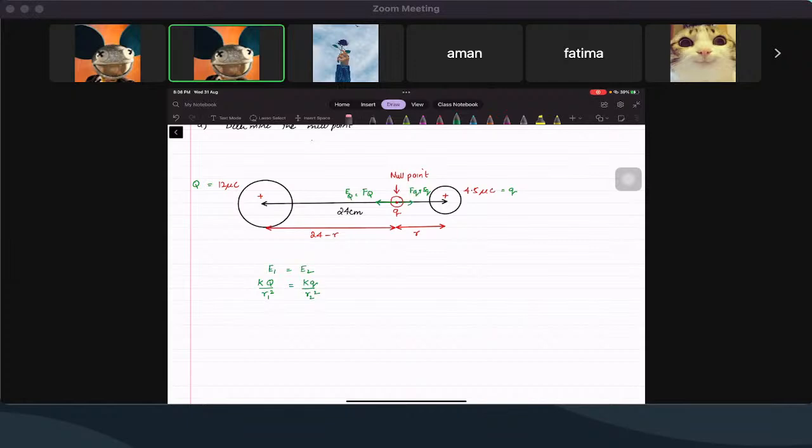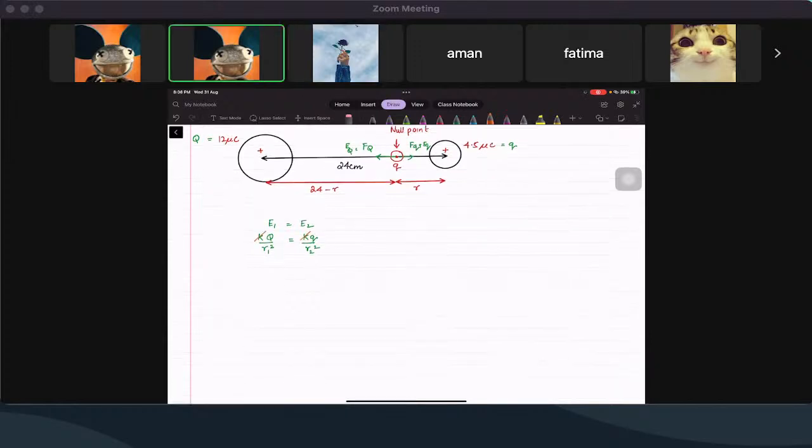Now the k's cancel out, which leaves us with only these two things, which means Q, which is 12 times 10 raised to power minus 6 coulombs, over R1, which is 24 minus r, whole square, equals 4.5 times 10 raised to minus 6 coulombs over r square, right? Generally, when this sort of situation comes, I would like to take a root